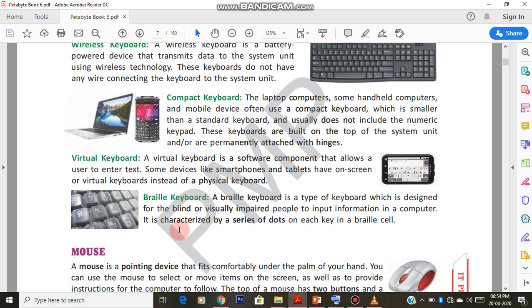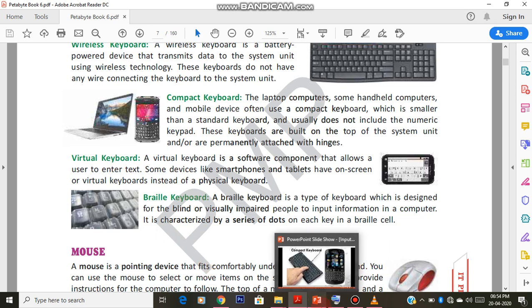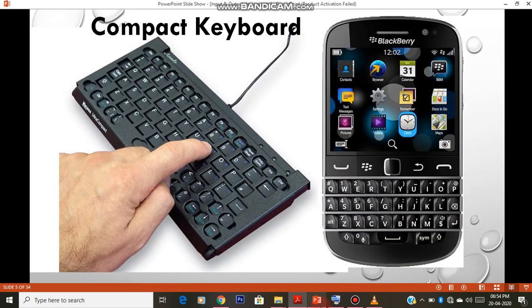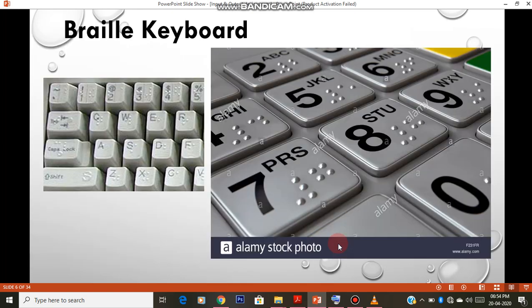Next type of keyboard is the braille keyboard. I think you people know that for blind people there is a language they learn. It is called braille language. As they are blind, they can't see the keys, and they can press the keys while they touch the keys with their hands using